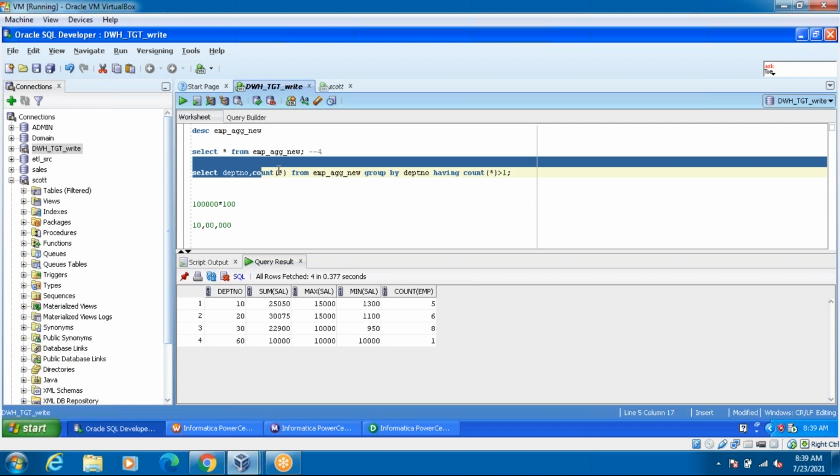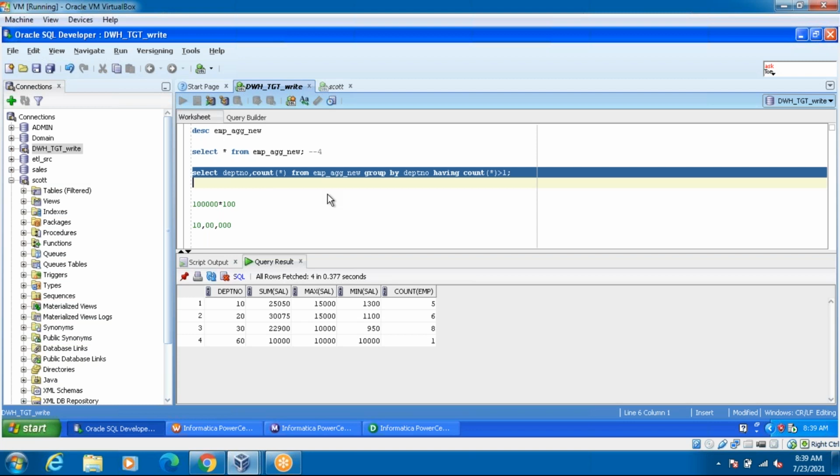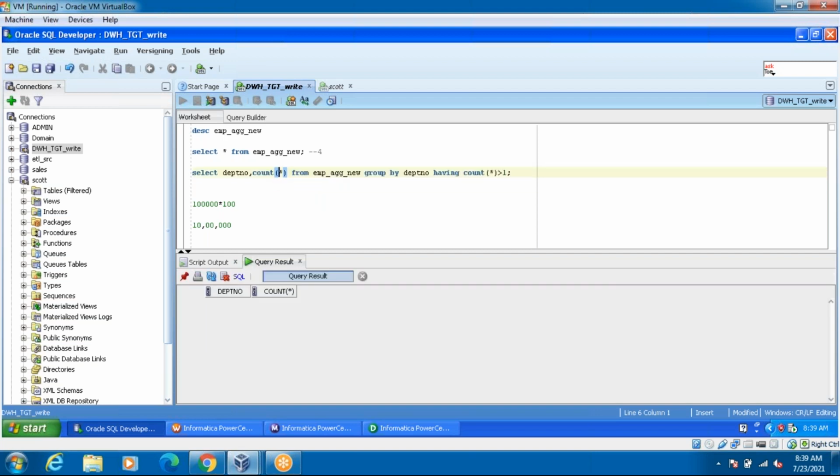Okay, this is my duplicate query. See, there are no duplicate records here. So like that you have to write the duplicate query.